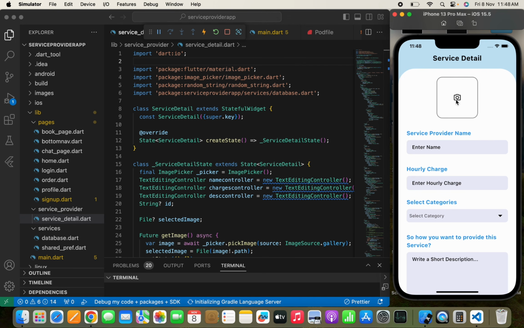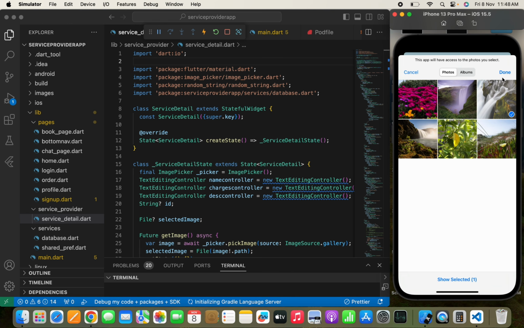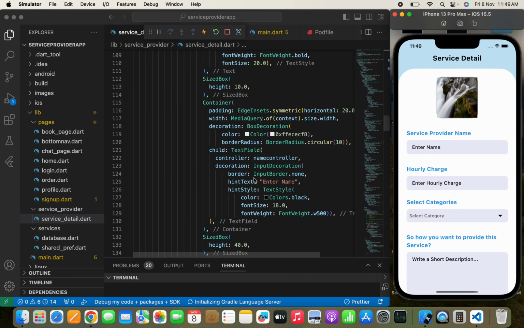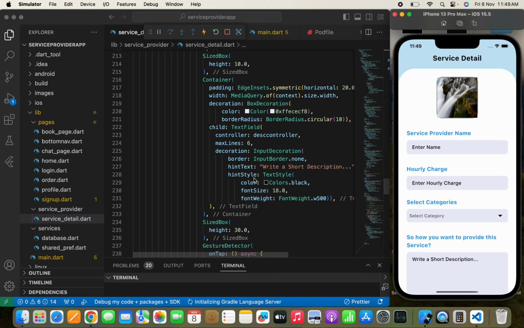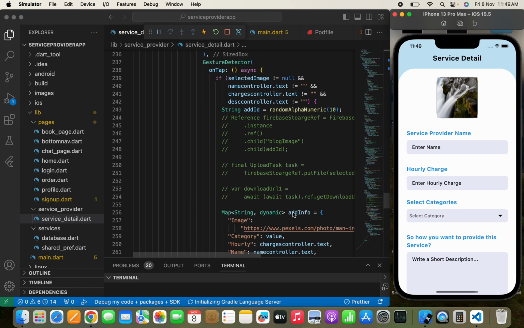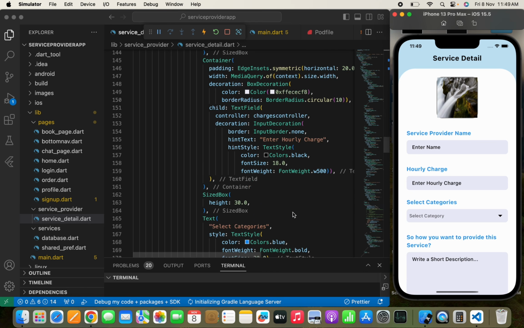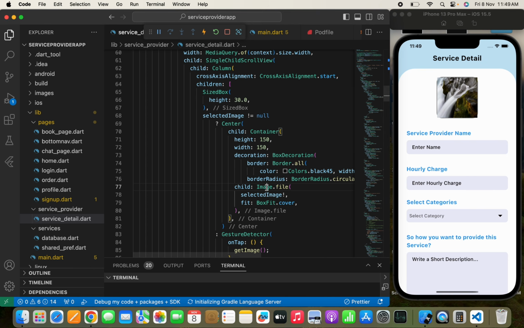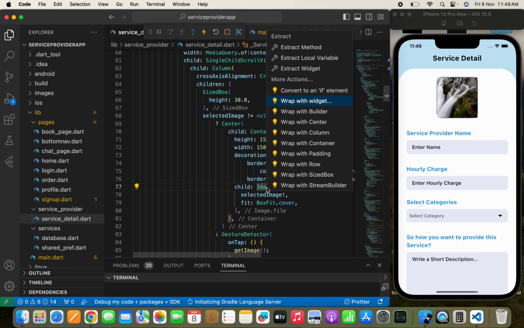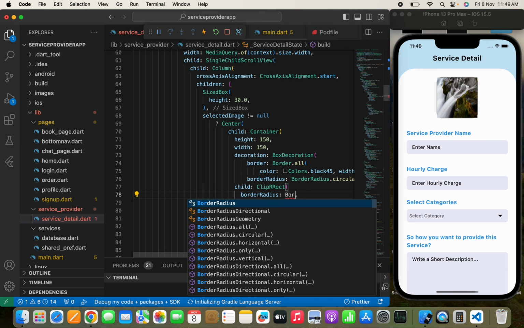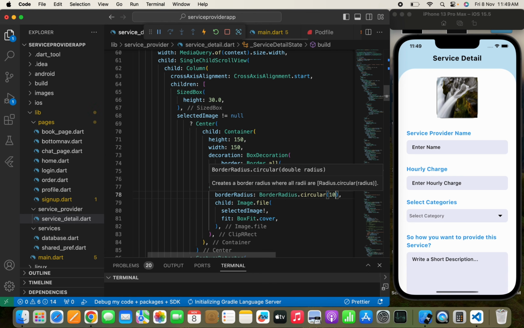Now I'll simply select the image while tapping here, and will select photos, and I'll select some random image over here. So as you can see, our image picker is working brilliantly, and we can simply pick the image from our phone gallery. Now if you want, you can provide the border radius to this image by simply wrapping up with a clip rect widget. So I will move something over here, and will simply wrap a image.file with a widget name which will be clip rect, and will pass a border radius which will be border radius dot circular, and will pass simply 10,